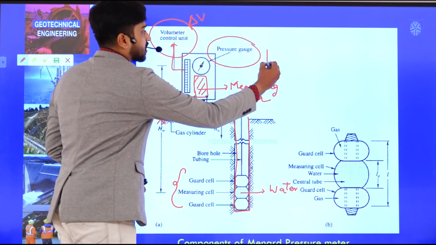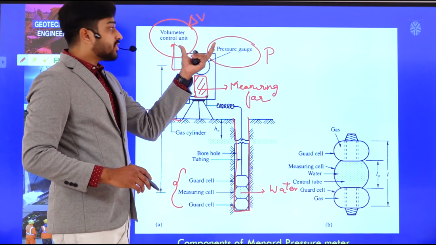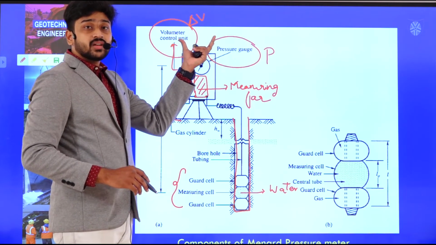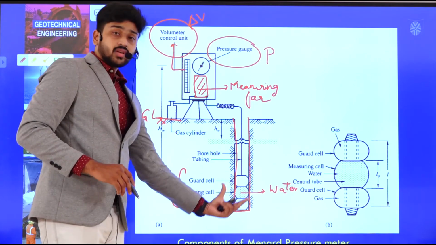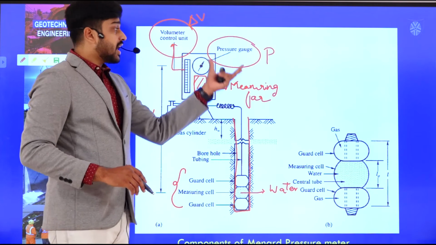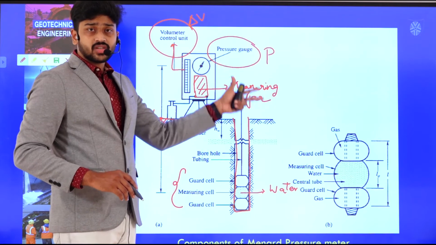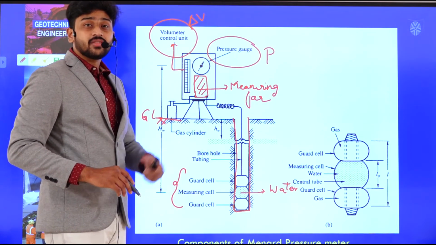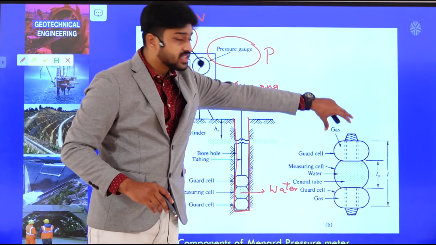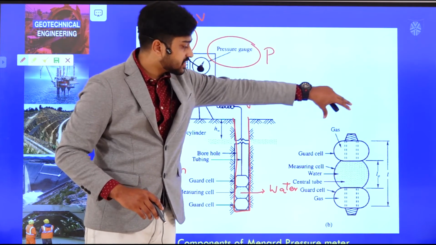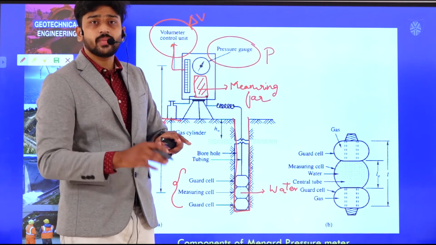Let us denote the pressure by P. If we observe here, we can plot a stress strain curve using this. The change in volume per its initial volume will be the strain, since the area of loading is constant, and the pressure from the pressure gauge is the stress. Pressure is nothing but stress. That is why we can plot a stress strain curve in this manner. As I have stated, using the pressure, the gas is filled into these guard cells, and it will try to compress down so that the soil will be deformed.